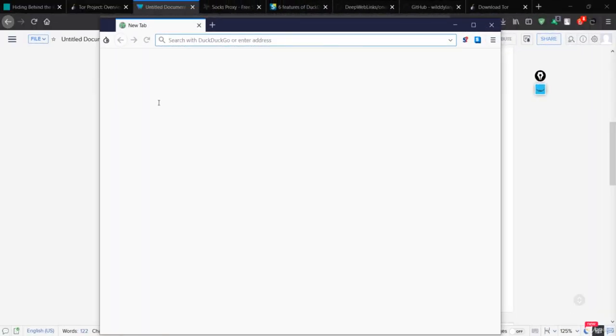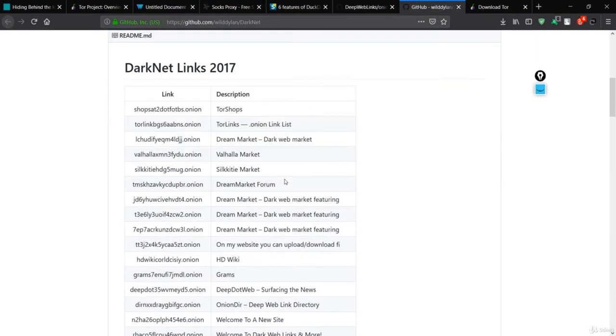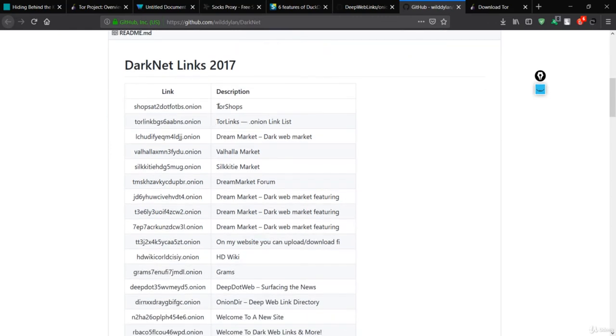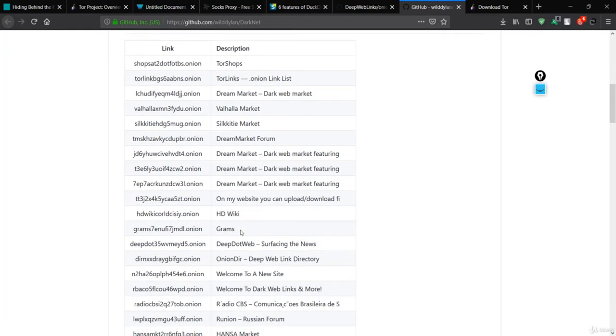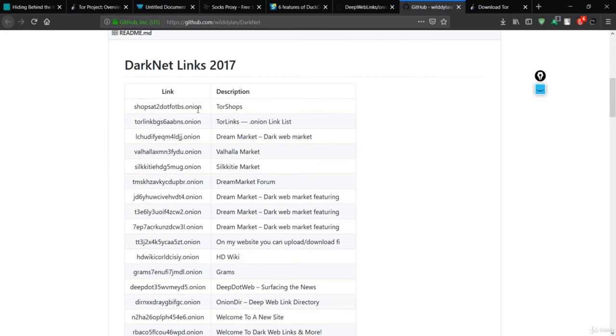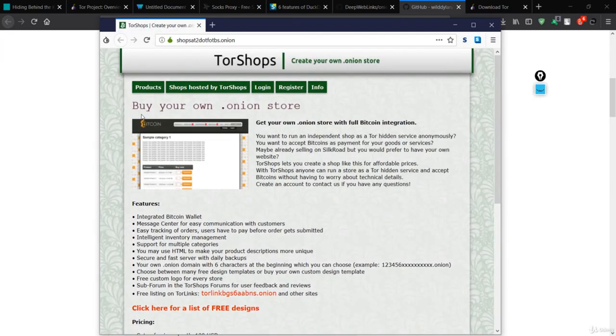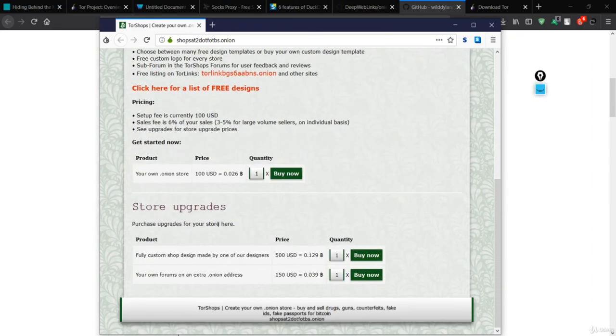Now let's go to some quick onion links. First of all, I have this GitHub link over here. You can check it out from the resource section. There are quite a bunch of links over here, and you can just grab them. If I open this onion link, let me copy it, go to our Tor browser, paste it and press go. You'll see it will have a little less internet connection. So basically we have just opened the Tor shops. This is how the onion browser works.